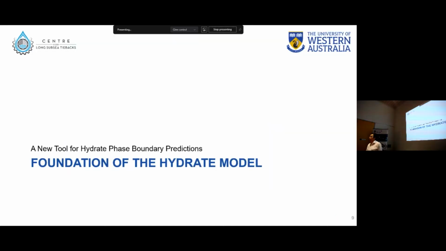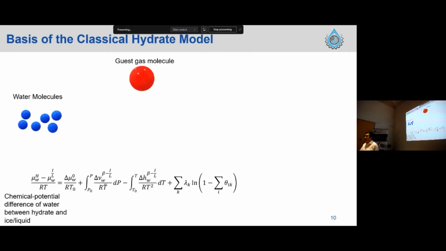So before I go on to demonstrate some more preliminary results, I first want to talk about the physical foundation of the Hydrate model. So when we look at tuning model parameters, what are we actually changing in terms of the physical description? And so this is going to be presented primarily from a thermodynamics standpoint. So in order to have the potential to form hydrate, we need the presence of water and gas at high